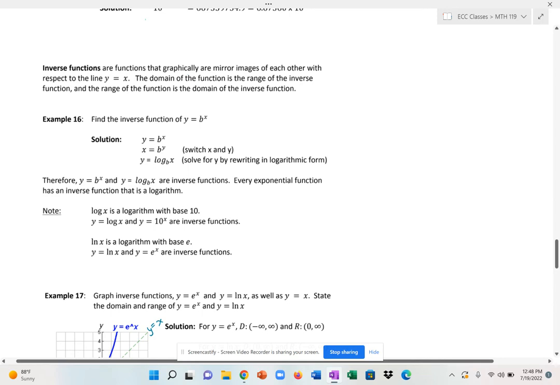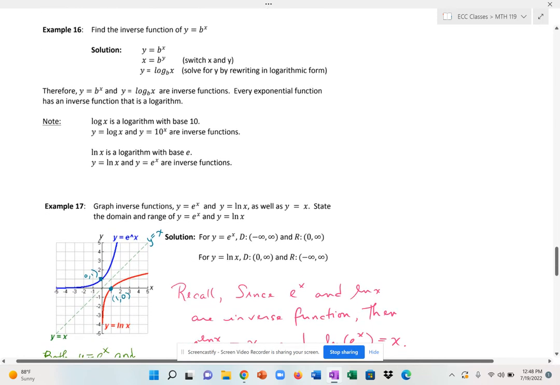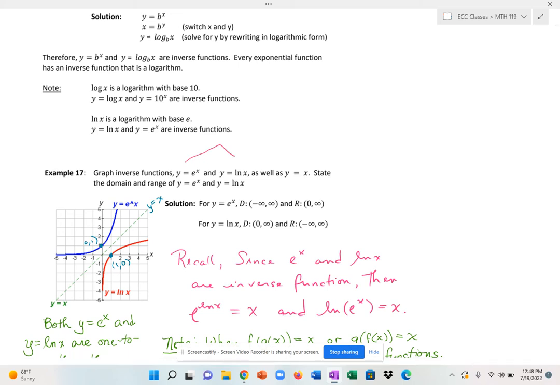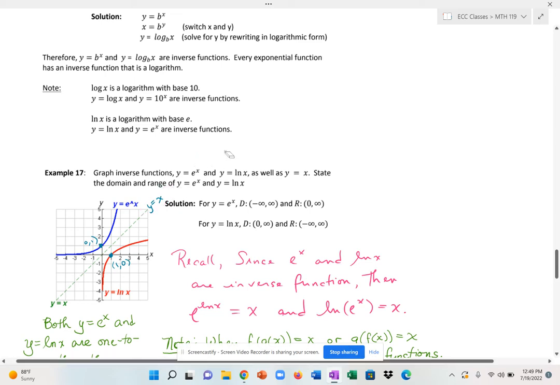Okay, so graphs of two inverse functions. Remember, e to the x and ln of x are inverse functions of each other. So here, e to the x is the one in blue. It's above the x-axis. It's increasing from left to right. Ln of x is the one in red. It is also increasing from left to right. And here, the domain is just positive numbers, but range is all real numbers. And remember, this is the mirror, y equals x. If you reflect e to the x over the line y equals x, you will get ln of x and